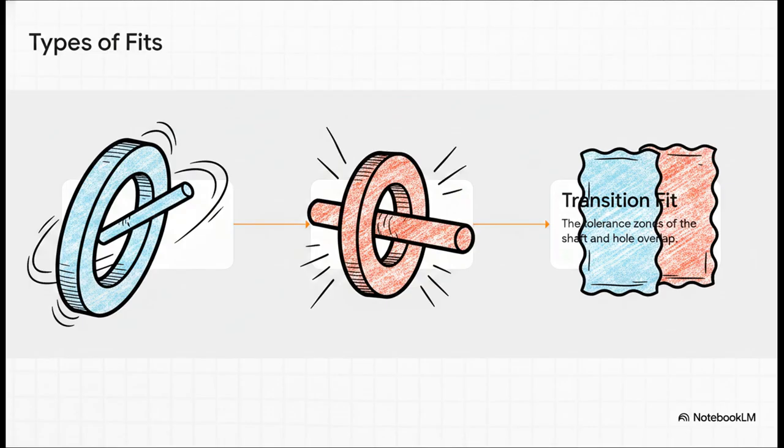Number 2 is the interference fit. Here, the smallest possible shaft is actually bigger than the largest possible hole. There's no way it's going in without forceful pressing or heating the hole to expand it. It creates a tight, permanent bond. And number 3 is the transition fit. This one lives in the overlapping gray area between the first two. Depending on the exact sizes manufactured that day, you might get a tiny bit of clearance or a tiny bit